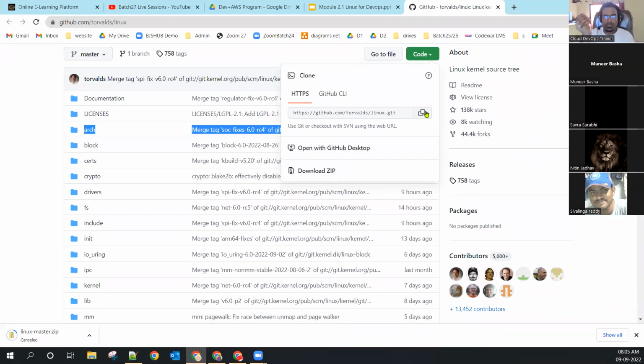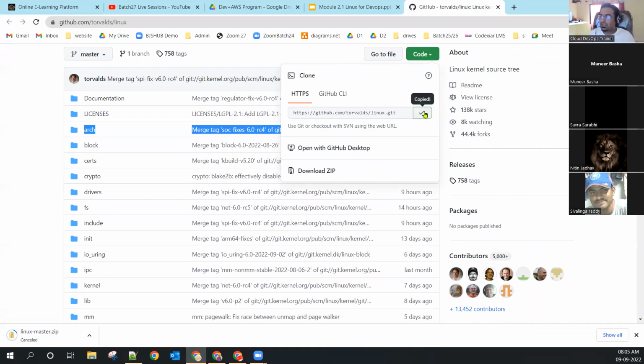Shiva, go ahead. What is Git? Guys, give me the answer. What is Git? Simplest answer. Yes, it's a centralized location, that is GitHub. I need an answer: what is Git? Git is a free and open source distributed version control tool. Okay, Git is a tool which allows us to do the management of the code.